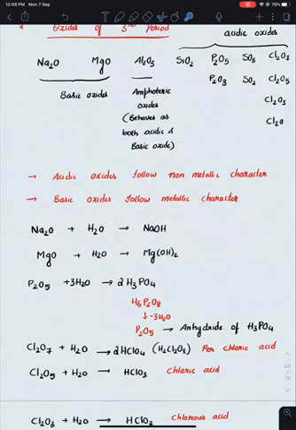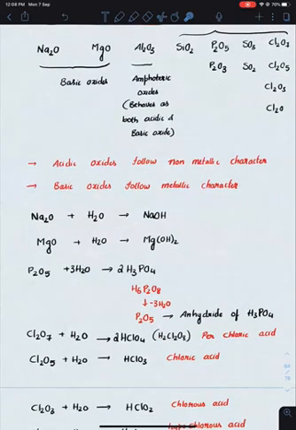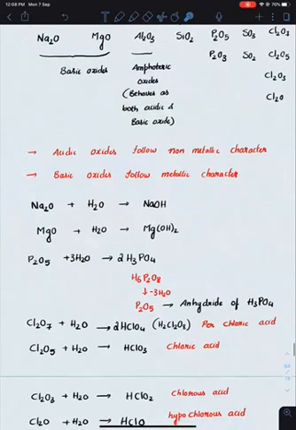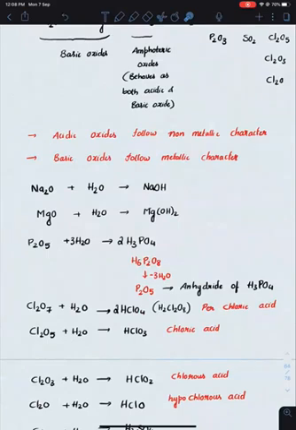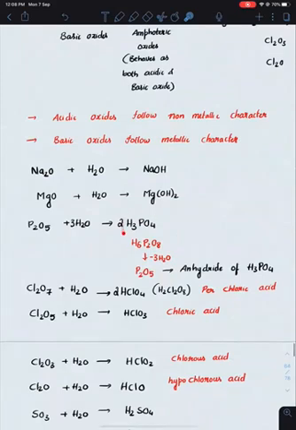In that particular context, we also talked about anhydrides. Water anhydrides: whenever you are removing water from a given acid, whenever you are removing H2O from an acid, the left out part is called an anhydride. Like if you are taking H3PO4, you need to remove water, but if you are removing H2O, you will be left with HPO3. Even in that case, there is hydrogen left inside the acid. So whenever you have an odd number of hydrogens, convert it to even and remove all possible water molecules.